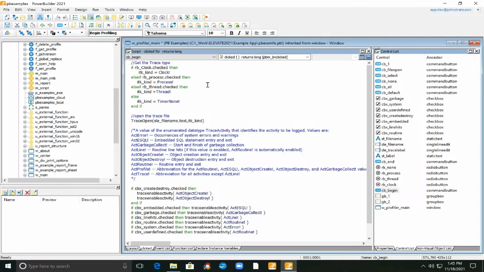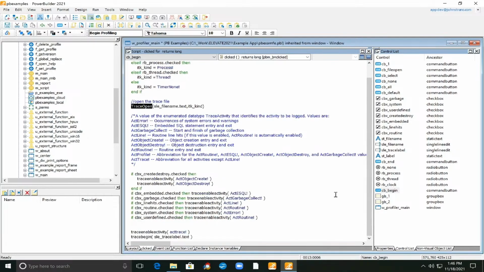So you, the developer, can choose what type of timer, whether it's going to be clock, process, or thread, or no timer, very rarely used. And then the trace file is going to be opened. And then there are all the options available for the configuration of the output.